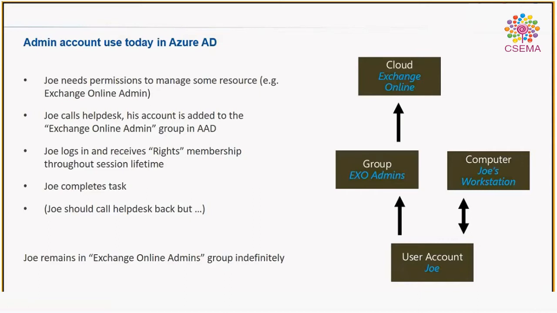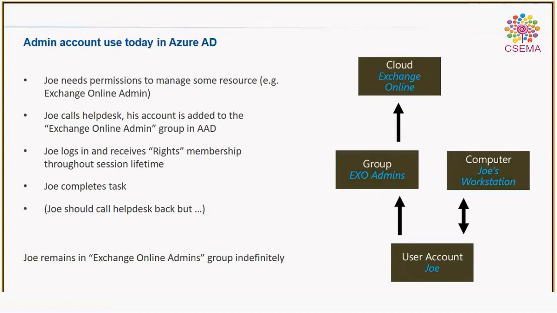So we go with the traditional way. This is the way we receive access and we do the task. But what is missing here is that once we finish our task, the permission on our account will stay as it is, right? We are not going to call the help desk or anyone to say, hey, I got this access, please take my access back and keep it as normal user access. That's where all these user concerns start. So that user remains in Exchange admin indefinitely, right?